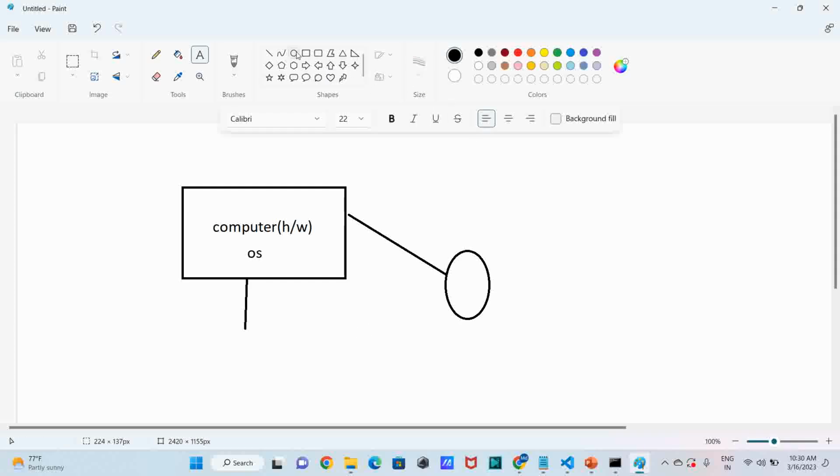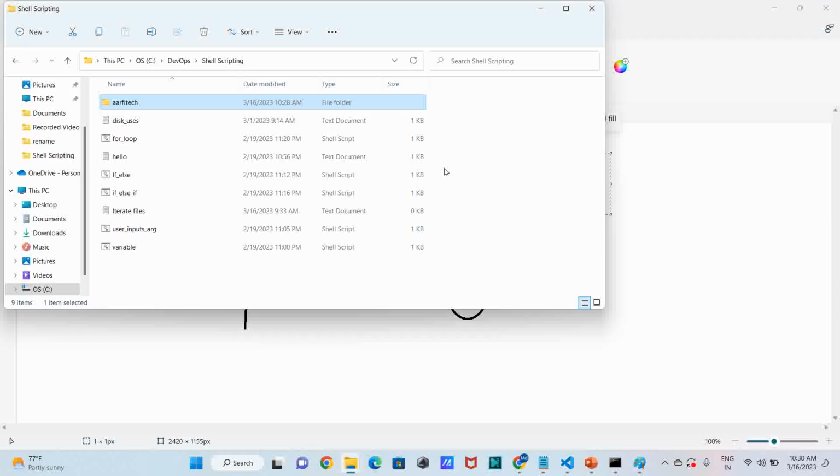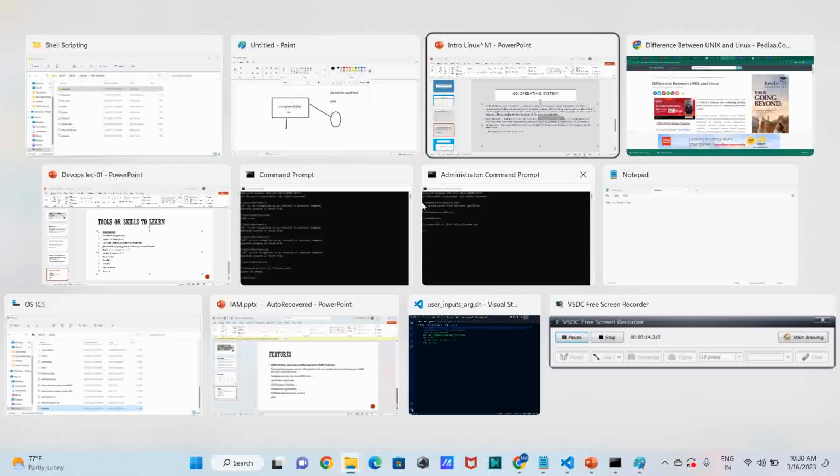Two ways is something we can tell. The OS can be used in two ways. The first one is the graphical user interface, which we normally use in Windows, right? We are going to this